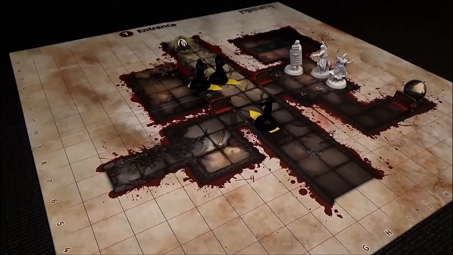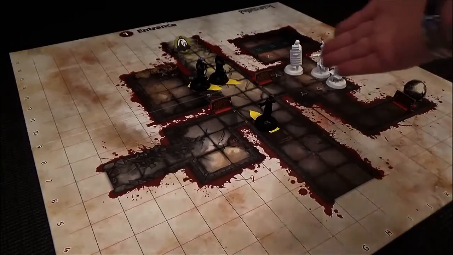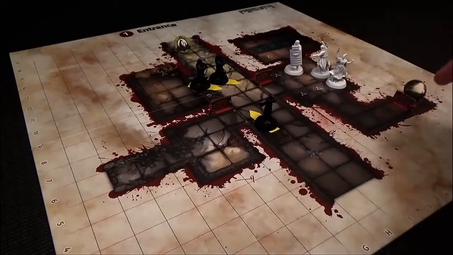Hello and welcome back to the fourth episode of our Perdition's Mouth Abyssal Rift Learn to Play video series. In this series we'll be finishing off our first introductory scenario, 1A, called Side Entrance. Now as it stands, what we'd like to do here is pretty much get our heroes off the map as